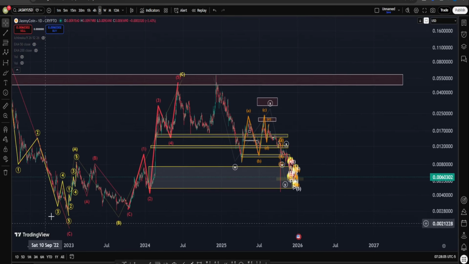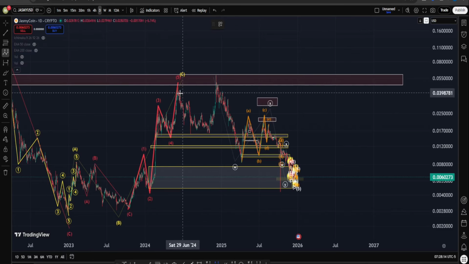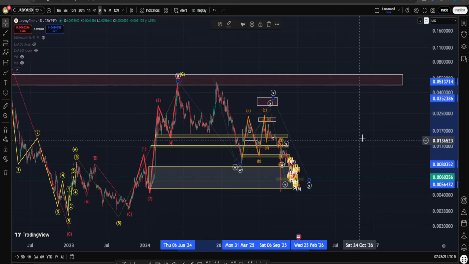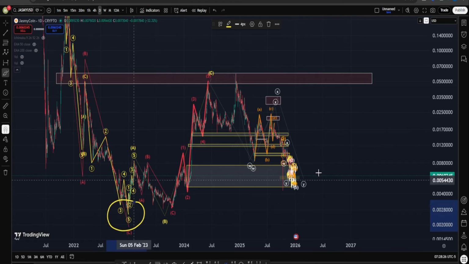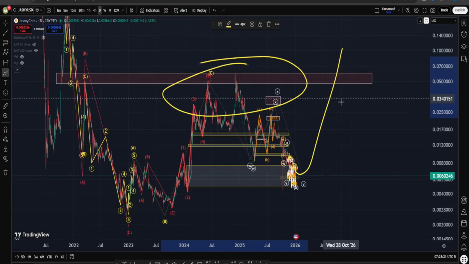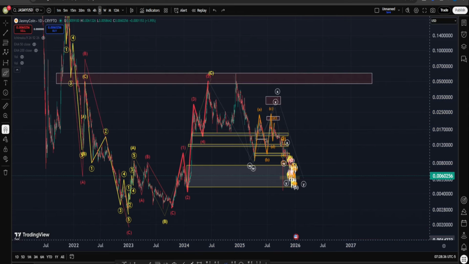Why? Because let's assume this is an ABC to about this point. Followed by that, what do you have? Since I do think the end of our zigzag is in here and not around the highest high, I think we have to consider having a correction down, maybe a WXY in the form of a flat and a zigzag, meaning what? Before we go down in JASMY in the midterm and take the lows, we are going to witness another move on the upside in order to take the highs first by the end of this cycle, and then maybe, okay, it's time for a move on the downside. So far, 2 out of 2 scenarios that we talked about are suggesting we're going to get a move up,